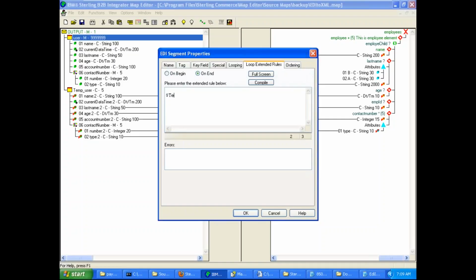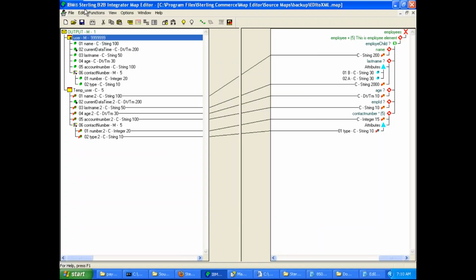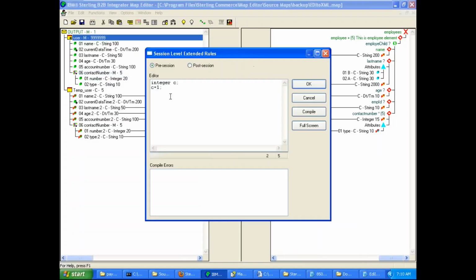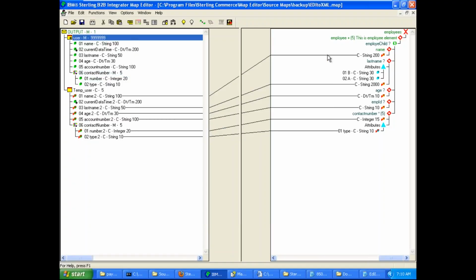So I will use temp underscore user, and I think the u will be small, user c. The name of the variable is c, right? The counter variable that we created, yeah, c for counter,